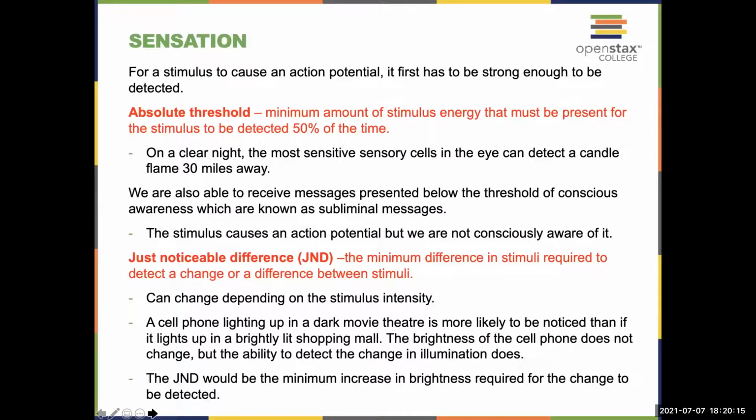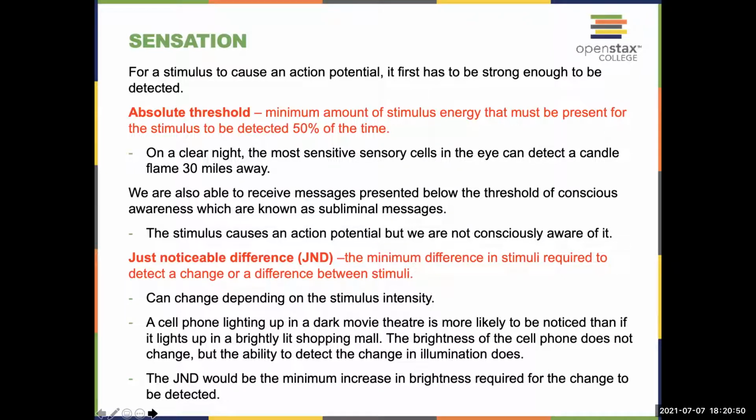So here's the other thing about sensation. When you were reading in your book, I'm sure you read about 2 different terms, right? There's absolute threshold, and then there's the just noticeable difference, right? And they gave some examples in the book that I'm going to talk about here for just a second. So the first part of it is absolute threshold. And that is the minimal amount of stimulus energy that must be present,